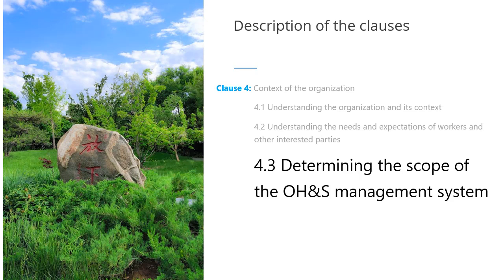The scope of the OHS management system could be the whole organization, a specific function of the organization, for example, HR or procurement function, or all processes involved in the manufacturing and delivery of one product. The organizations may include the subcontractors within the scope of the OHS management system where they feel that subcontractors' activity may influence the OHS performance of the organization. Thus, an organization has the freedom and flexibility to define the boundaries and applicability of the OHS management system. However,